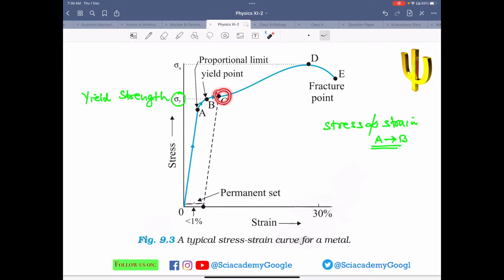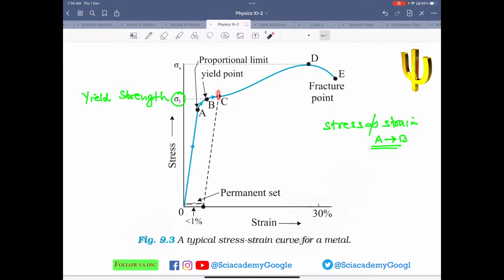Suppose at point C, then the body does not regain its original dimension. So for the sake of this example, if we take this point C here,